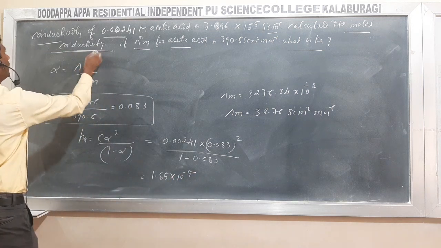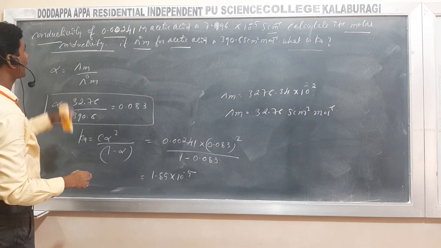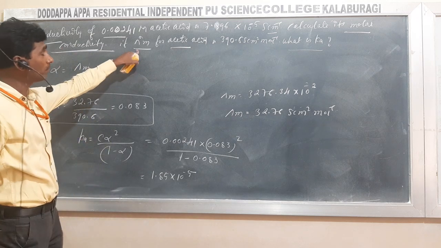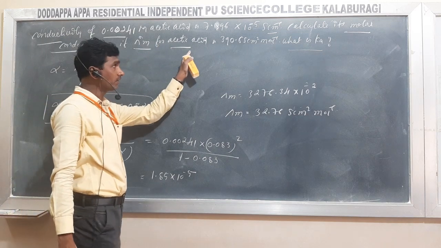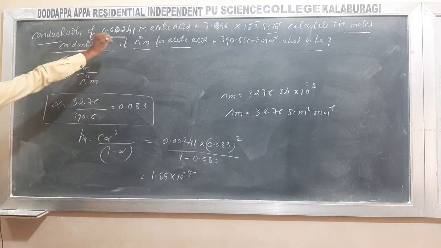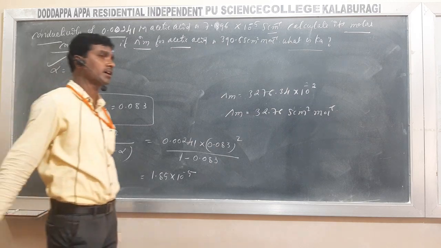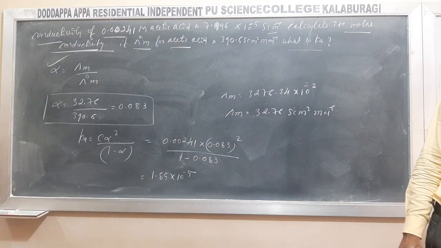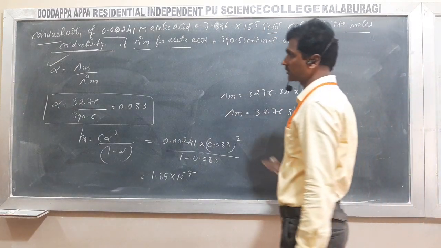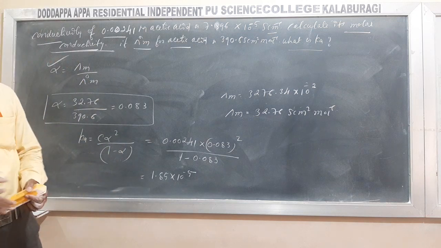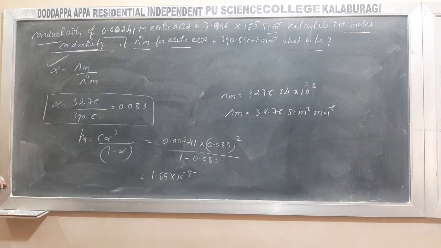If you only want to calculate molar conductivity, you calculate molar conductivity. Suppose the limiting molar conductivity is given and you want to calculate K, first you have to find the degree of dissociation. These are problems based on conductivity and molar conductivity. These examples are very, very important. Go through the previous annual examination question papers, as this type of problem is repeatedly asked.